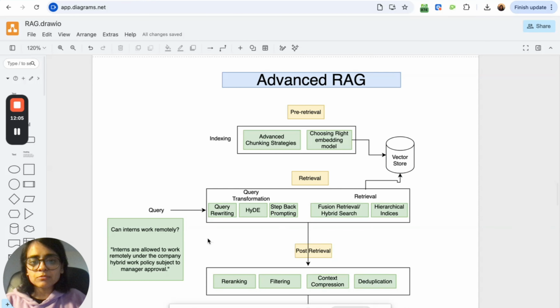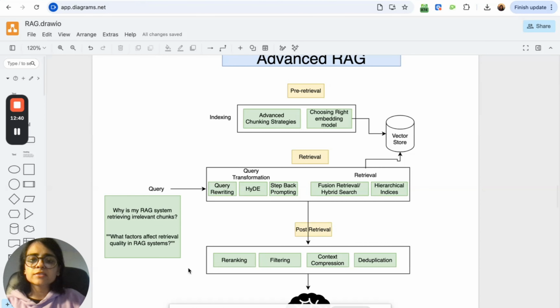So it becomes more efficient in retrieving the chunks which are more relevant to you. For example, if you are asking, can interns work remotely? It will pass this to an LLM, which will create a hypothetical answer saying that interns are allowed to work remotely under the company, etc., etc., and then pass both of these things to the retrieval stage so that it can perform much more optimized retrieval.